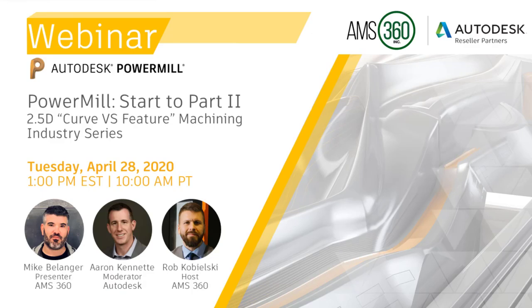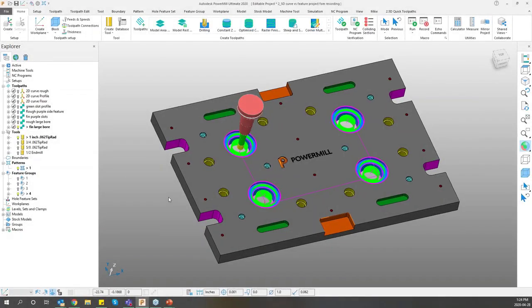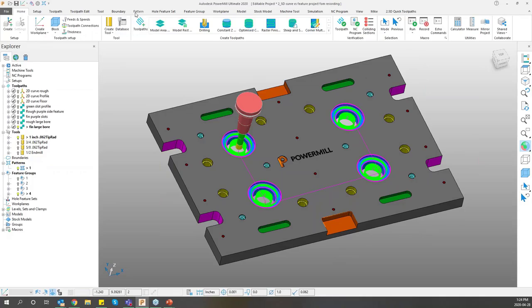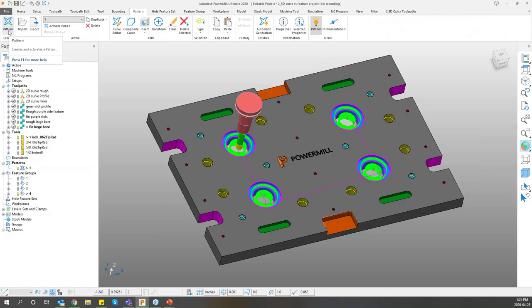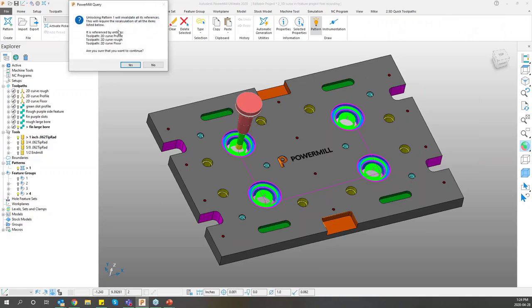The first question coming in: if I have pre-existing wireframe, can I use them for pattern machining? Oh, absolutely. In a similar method, and jump back into the project here. In a similar method, if you have pre-existing wireframe, you can create that new pattern and